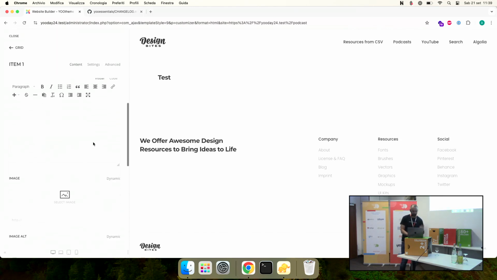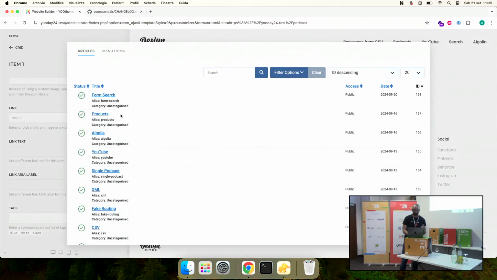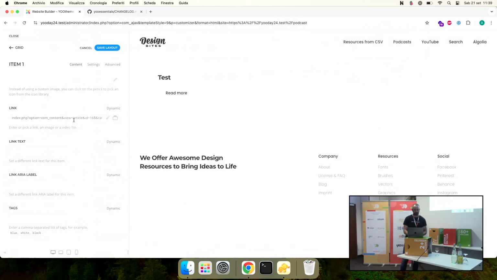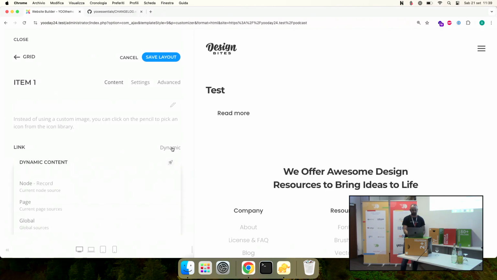The link article, sorry, I got lost in my explanation. So you can do the link. I'll showcase an example. If you click articles, I don't know if this is big enough, but the link will be written by YOOtheme Pro in the Joomla router way. So if you just take IDs, and instead of 168, which is the article I picked at random, you do article ID, and then you do dynamic,